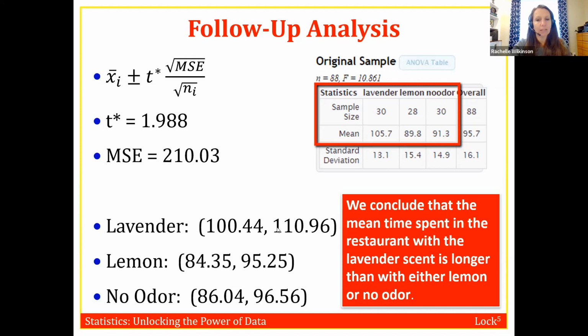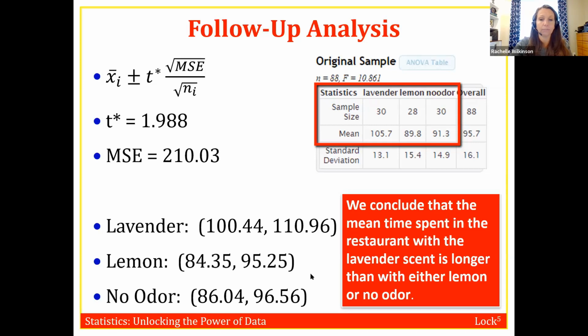Well, that's not based on your intervals, right? Our intervals said that we don't have any significant difference between lemon and no odor. So it doesn't really matter that in our sample, no odor was higher than lemon. Our results say that the difference could have occurred due to chance. So we show no evidence of a difference between lemon and no odor. The only one that we show evidence of a difference of is lavender, and lavender is more than both lemon